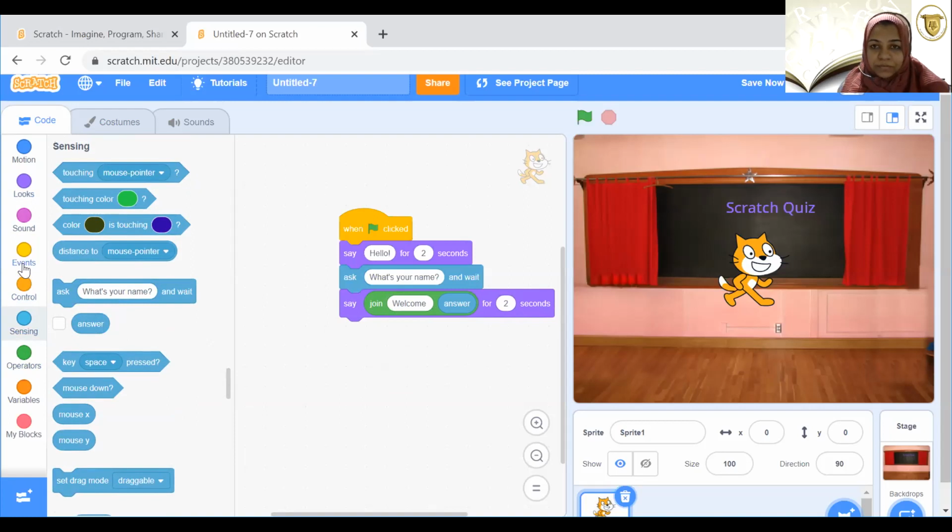Now I'm going to start off with the question. Okay, the first question that I want my sprite to ask is, this is a sample question, where can we find pyramids? Okay, the user is going to type in the answer, and the answer is going to come and fall inside the answer variable box. So I need to now validate